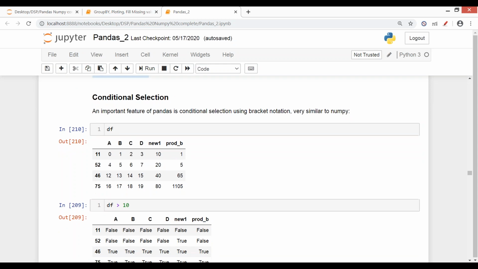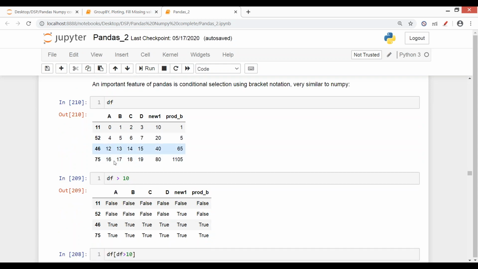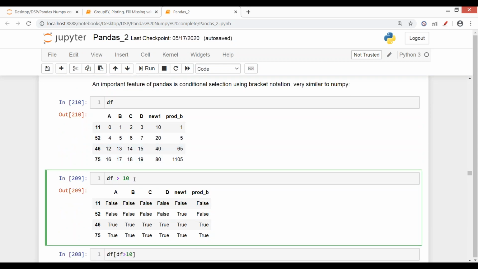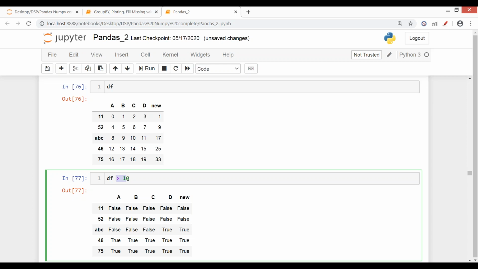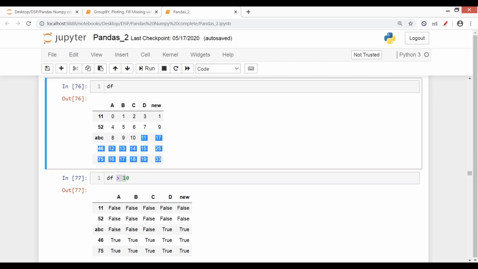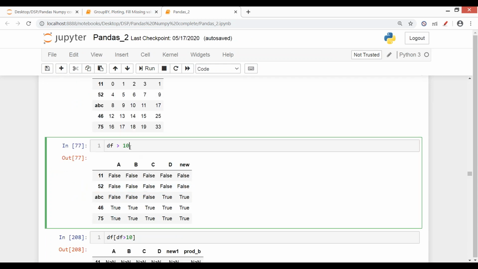Let's say this is my data frame here, and I want all the values where df is greater than 10. Let me run my df again, because my df is changed. When given df greater than 10, we see which places the condition is satisfied. After 11 and all these values, the condition is true. You see at these places I'm having true, and all the rest of the places are false, because at those places the condition is not true.